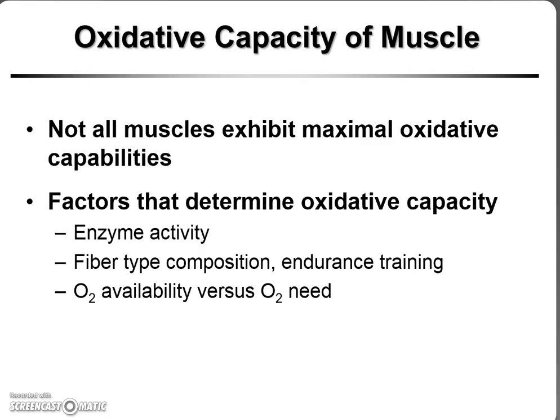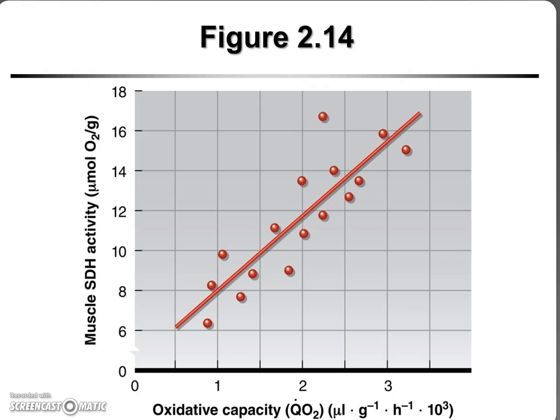And so there are factors that determine our oxidative capacity: the enzymes we have, the fiber type composition. In other words, the slow twitch fibers would be able to consume more oxygen than the fast twitch, and so on and so forth. Well, this figure here is showing us the oxidative capacity of a muscle or a person